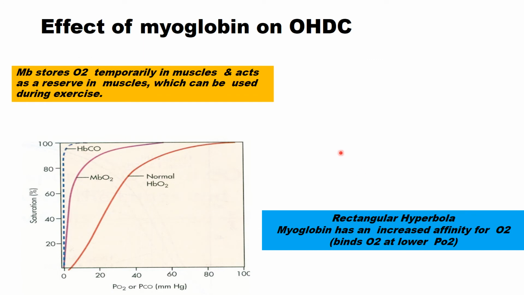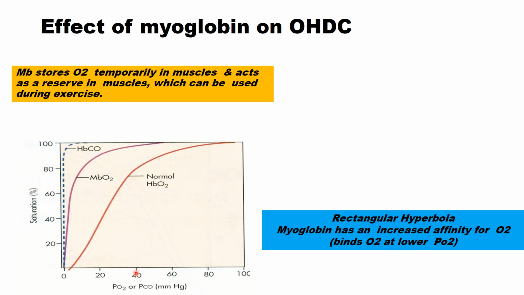Myoglobin, which acts as a temporary storehouse for oxygen, is present in high quantity in muscles specialized for sustained contraction, for example muscles of the leg and heart. And as we can see in this graph, we can compare the binding of hemoglobin with oxygen. We get this curve, which is known by the name of sigmoid or S-shaped curve. Then we have this curve for myoglobin. As you can see here, it is taking up oxygen readily even at a low pressure. So you can see here the shape of the curve is defined as a rectangular hyperbola.